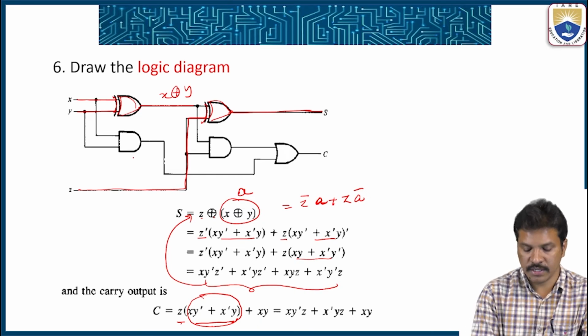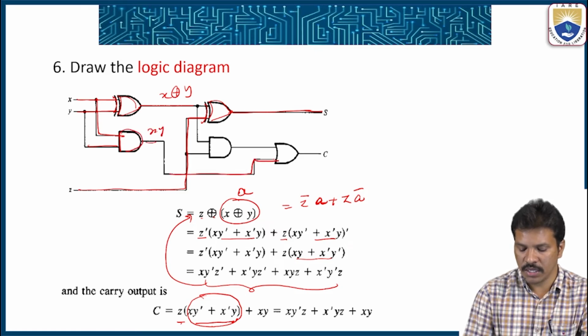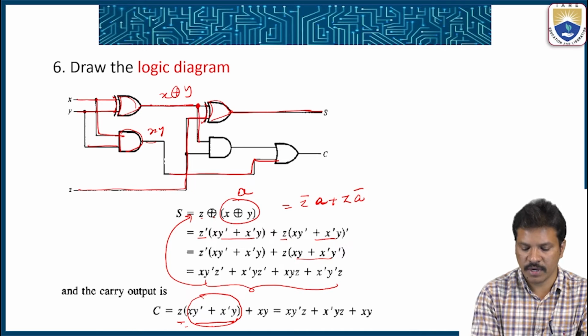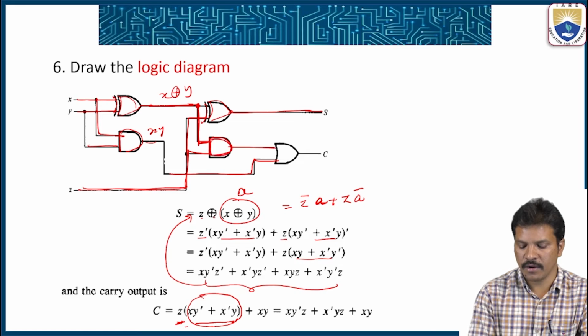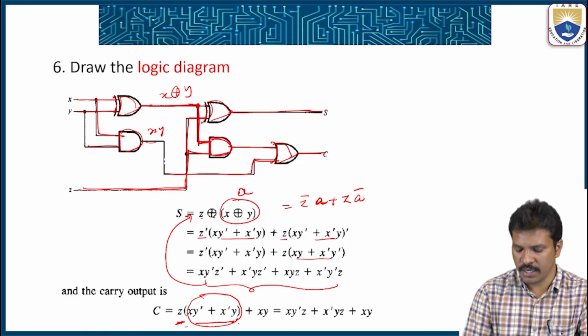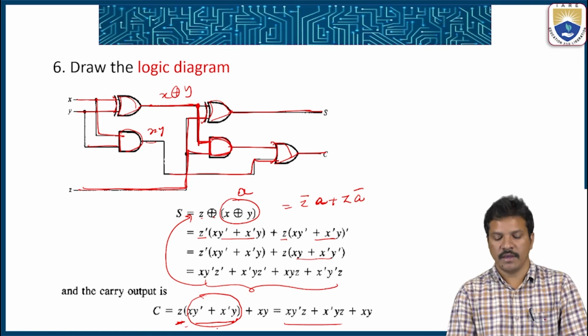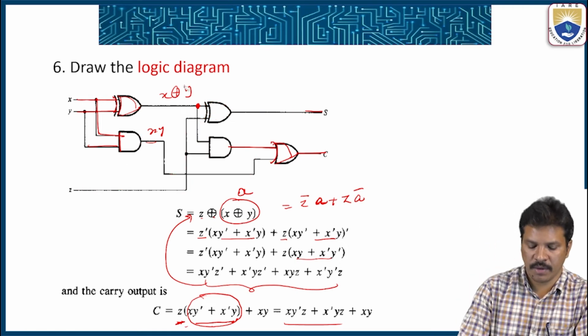So how can we utilize this? Here is the XY term. We will get XY. This XY is ORed with which one? Z into the XOR gate. We already have the X XOR Y XOR gate, so take that XOR output X XOR Y as one input, and Z is the other input. We can combine them together with the OR gate. You will get C, the entire C. So in this way, this can be represented in a simple way.